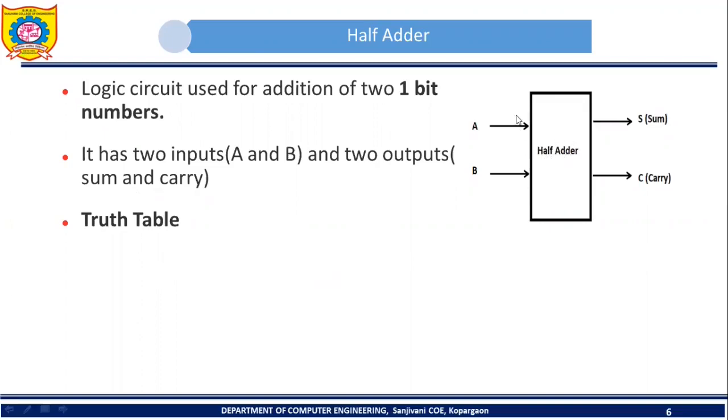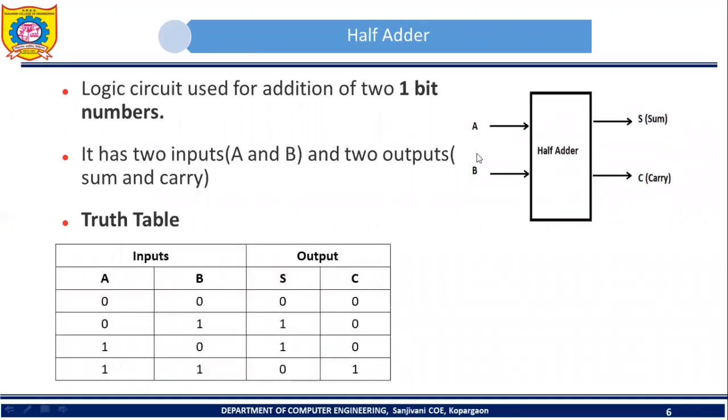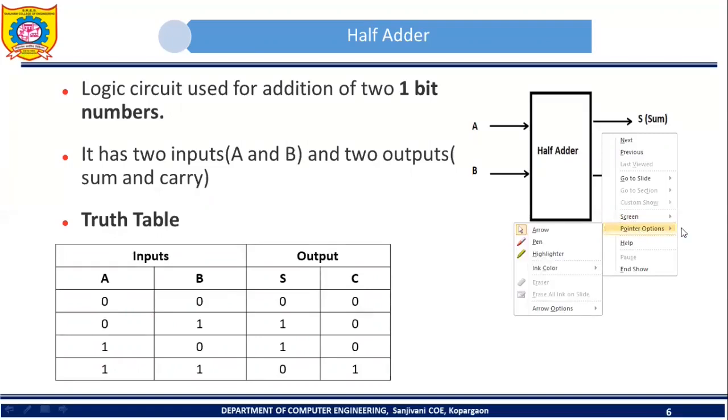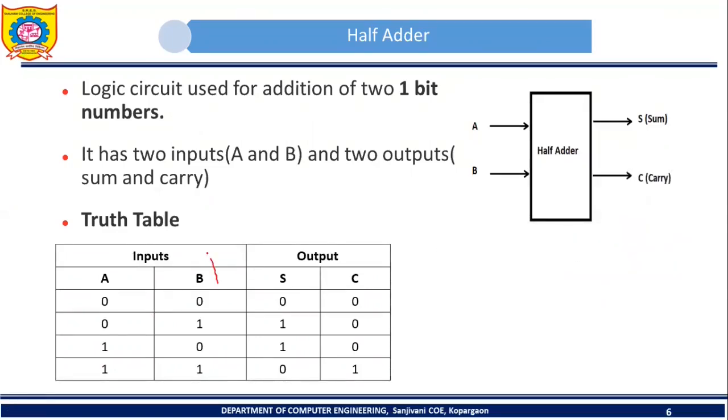So let's try to apply the same knowledge in order to design the truth table for this half adder, because what half adder does, it also performs binary addition of these two numbers where the size of each number is 1 bit. So let's use the truth table here. In the truth table, first of all, we should show the inputs. The inputs are A and B, and after that we show the outputs, that is sum and carry. First of all, we should write all input combinations. By using two inputs, we will get a total of 4 input combinations. The first one will be 0 0, then 0 1, then 1 0, and then 1 1.